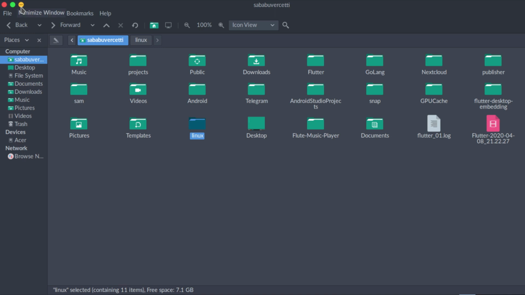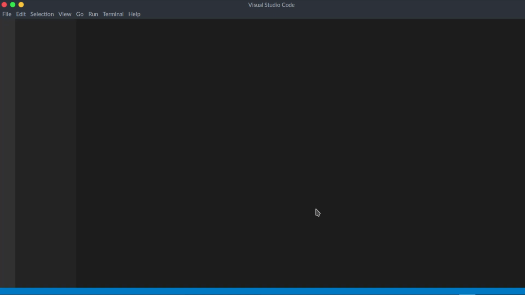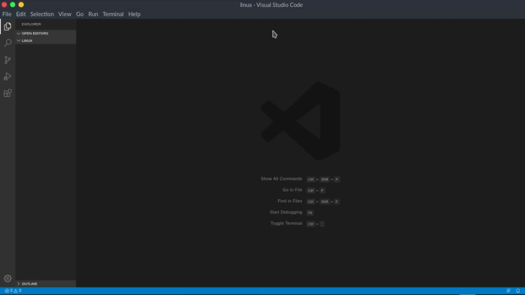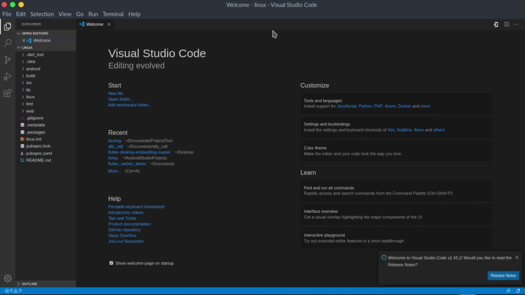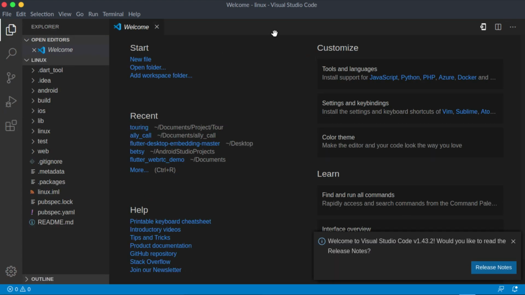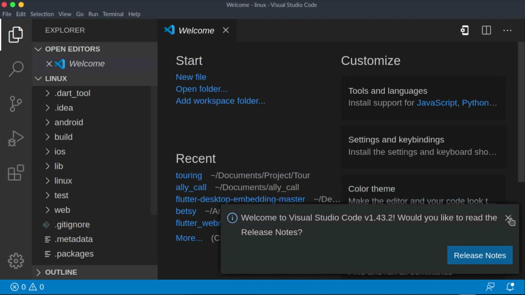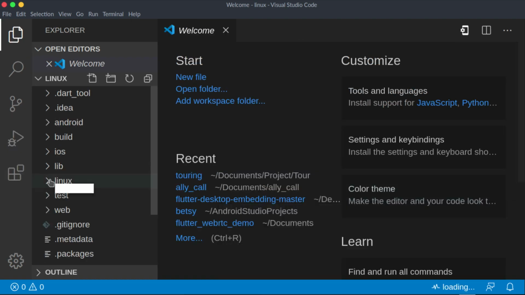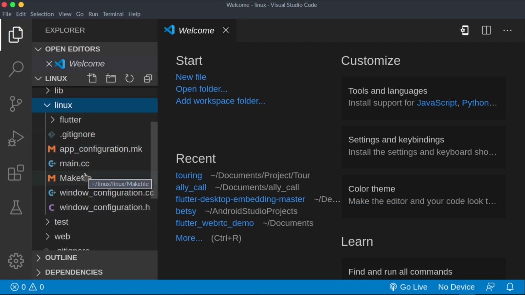You can use your code editor of choice, be it Android Studio, be it IntelliJ, any will do. Let me just enlarge my screen so that you guys can see. Okay, there it is. We have this folder here, the Linux folder, which contains a flutter folder, and contains this Makefile,